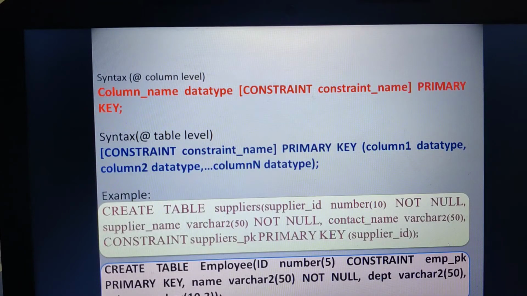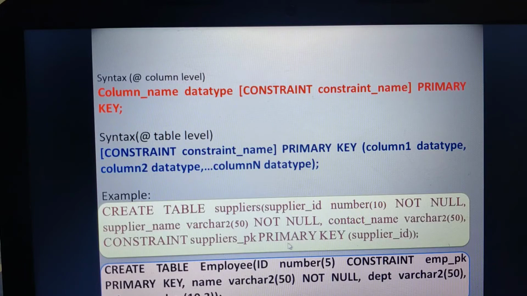Now with different examples I can explain further. Here we are creating a table known as suppliers, with all the field names, such as supplier ID. I have even applied the constraint known as not null. That means when I define this as not null, the supplier ID field cannot hold any null values. Then supplier's name, contact name. Then here I have applied the constraint at the end of the table. Therefore, it's an example of a table level constraint. So constraint, this is the constraint name, which is optional. Here I have given supplier's PK. That's primary key.